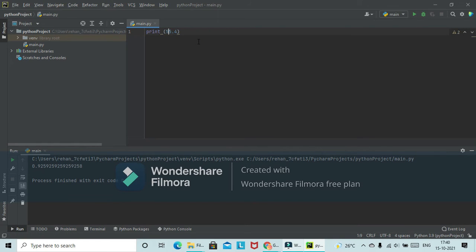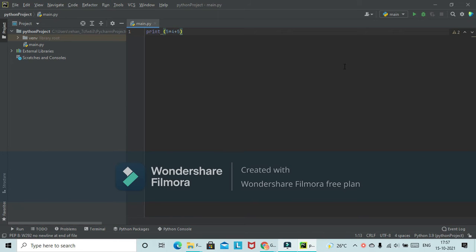You can also do division and subtraction. Let me show you all that. For subtraction, let me type it in. If I run this program, it will show what 5 minus 5.4 is. This is the answer for it. For division, if you run this program, it will show you the result of the division.